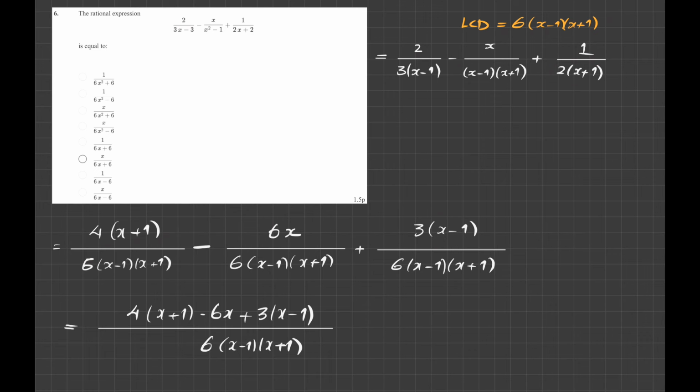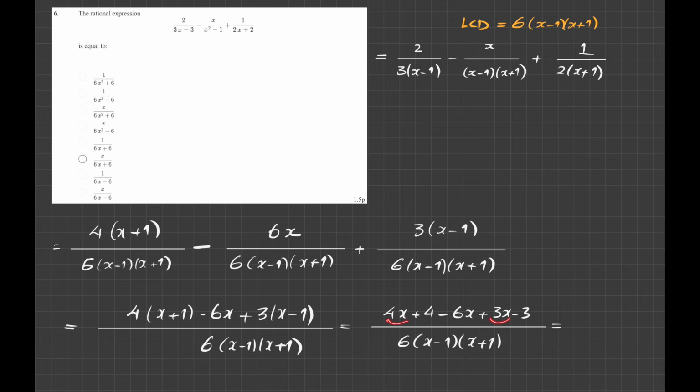Okay, and then what you have to do, if you remember in the lesson, I told you to never touch the denominator, but try to simplify the numerator as much as you can. So I don't touch the denominator, I leave it in factorized form, and I start opening up the numerator by multiplying 4 here and there, by multiplying 3 here and there. So this becomes 4x plus 4 minus 6x plus 3x minus 3. And if you continue,